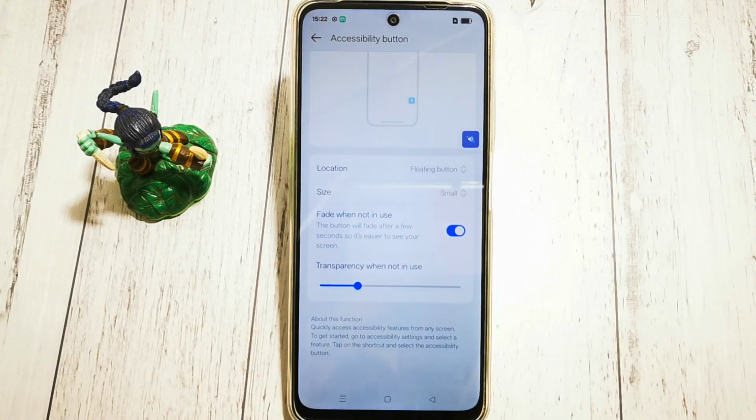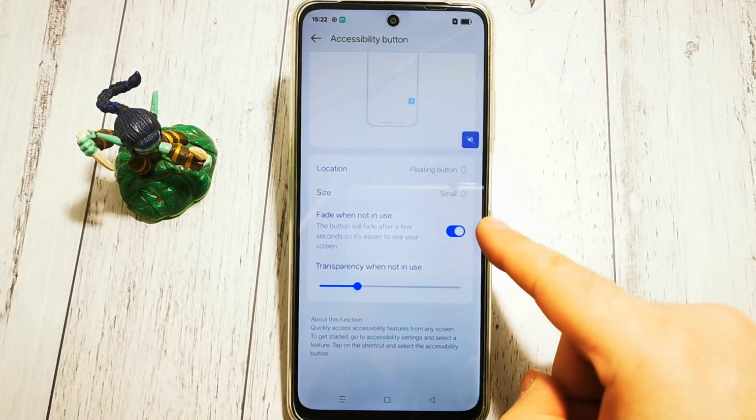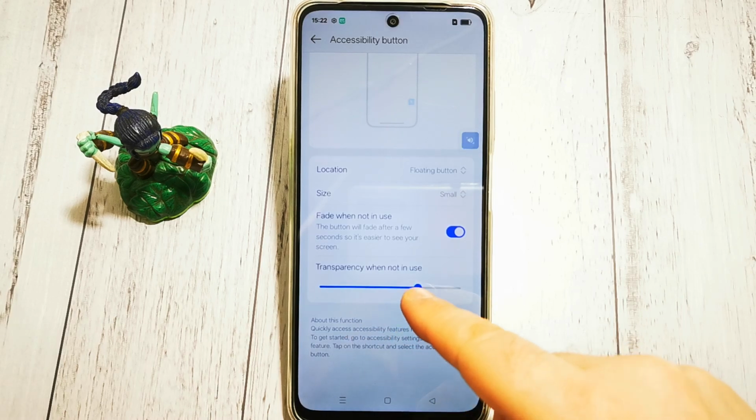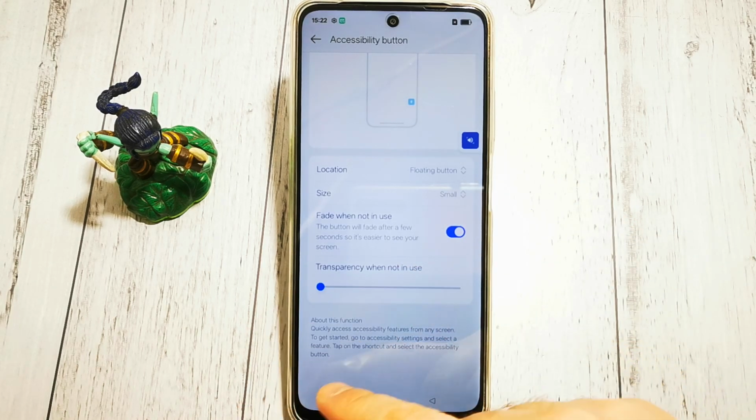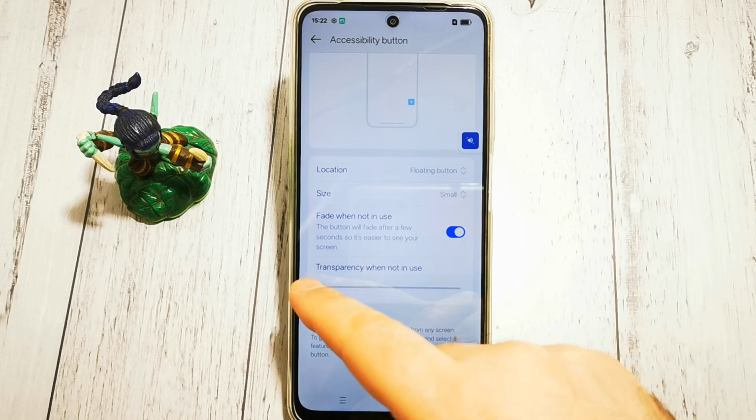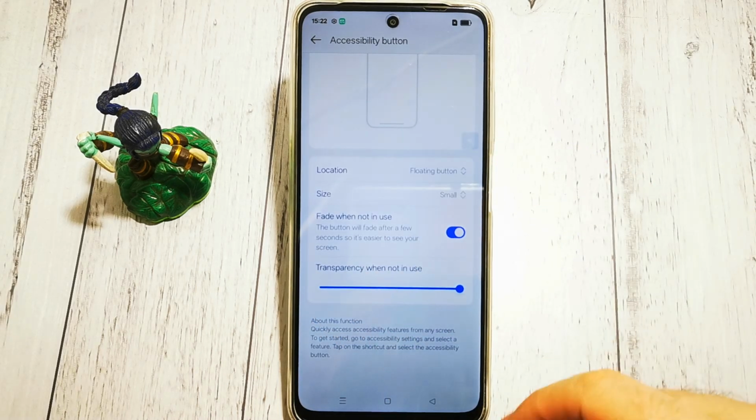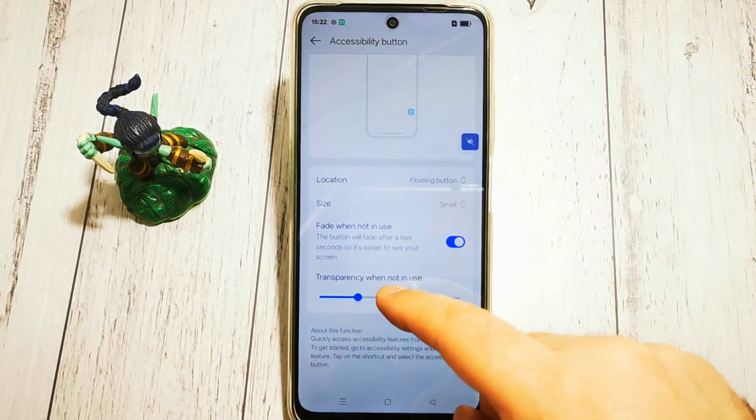And now we're looking for the fade option that we can enable using the switch. And here we have transparency slider. As you can see, we can make it more transparent, or we can make it less transparent using this